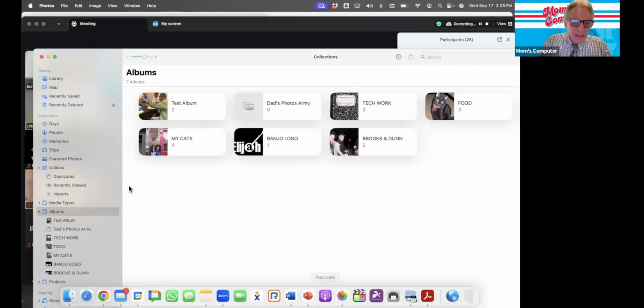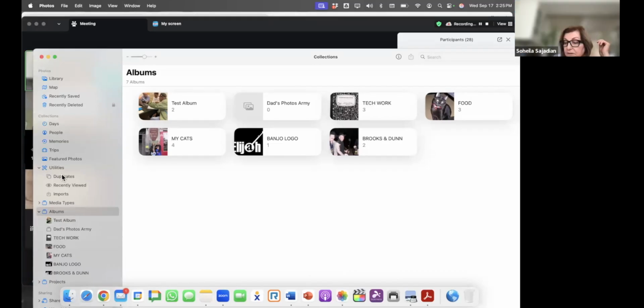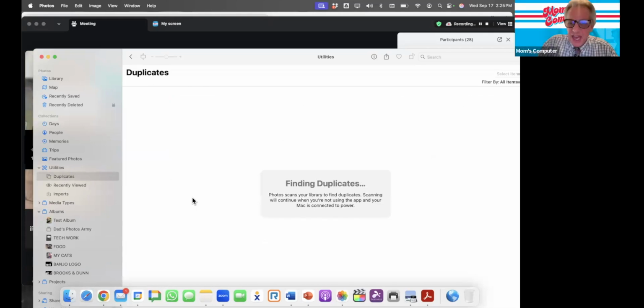Let me share my screen and show you that for you Apple users. So I opened it up. I went to a thing called utilities on the left. Do you see that? Yes. Then there's duplicates, and it's right now scanning my library for duplicates. I don't think it's going to find any because I don't use that many in here. So there's no present duplicates